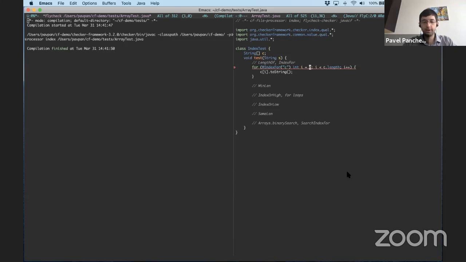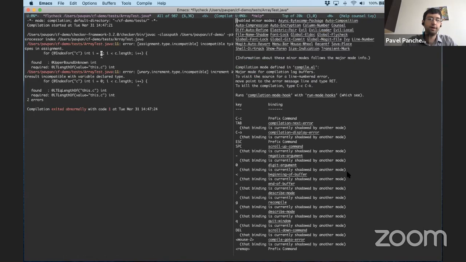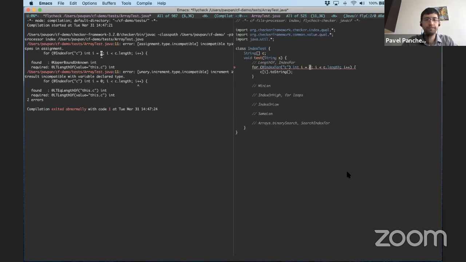In particular, if I get the full output of that run, you'll see that it has two errors. One is it says incompatible types in assignment. In particular, it's looking at the assignment of 0 to something that is an index for C.